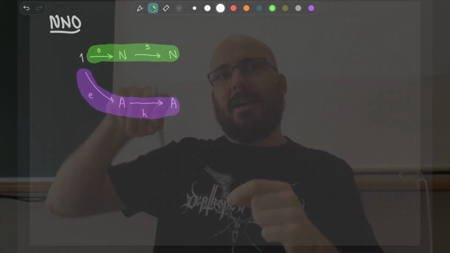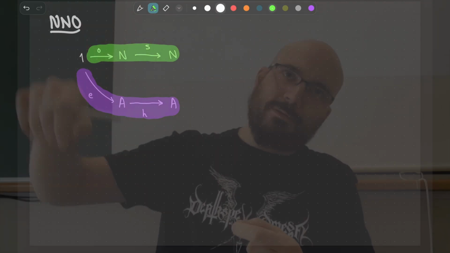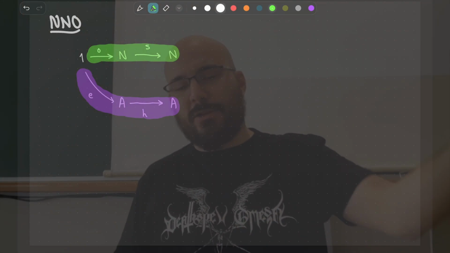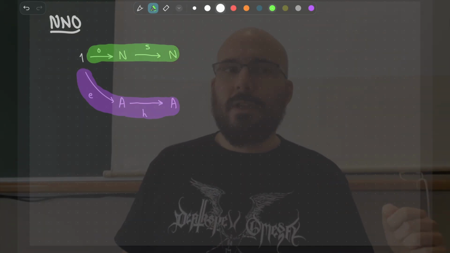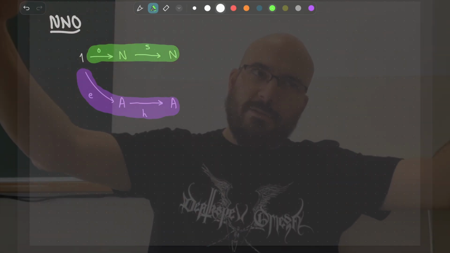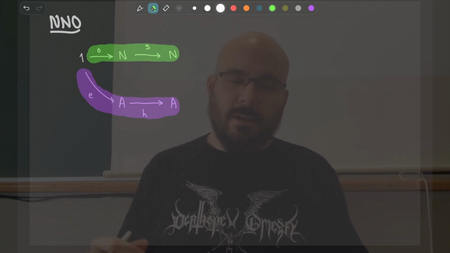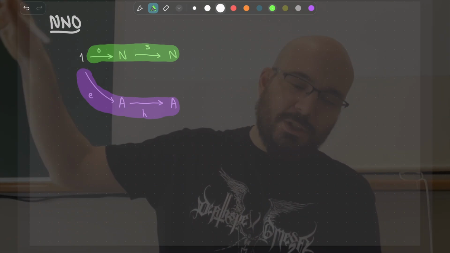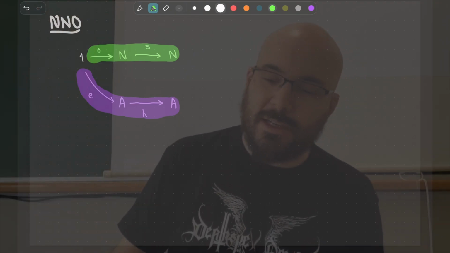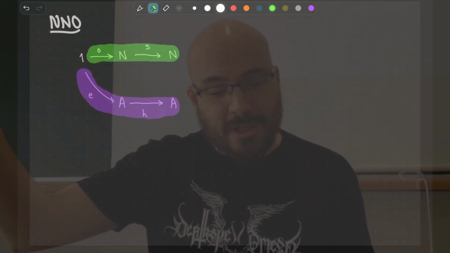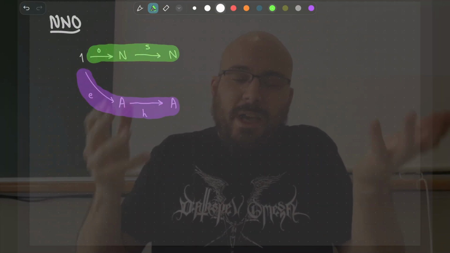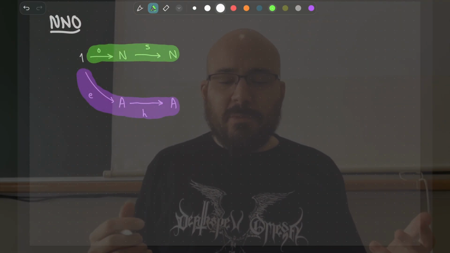And the other thing is I need to have an endofunction on A: as soon as I have an endofunction, I can iterate this many times in order to get to 42. And this will essentially define a function from the natural numbers to A. But even if I forget all this intuition, which I probably have because I have defined recursive functions in my life sometimes, or because I have proven things by induction, we'll talk about this, and I ask what should be arrows from the green to the purple,